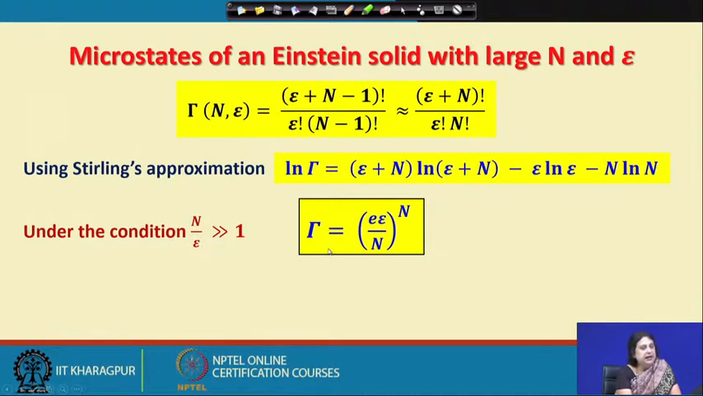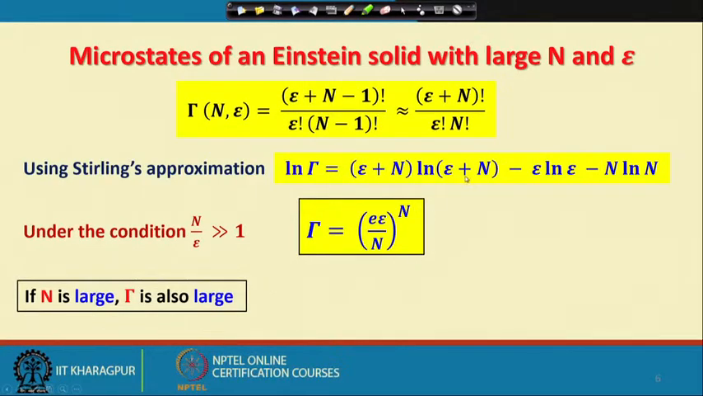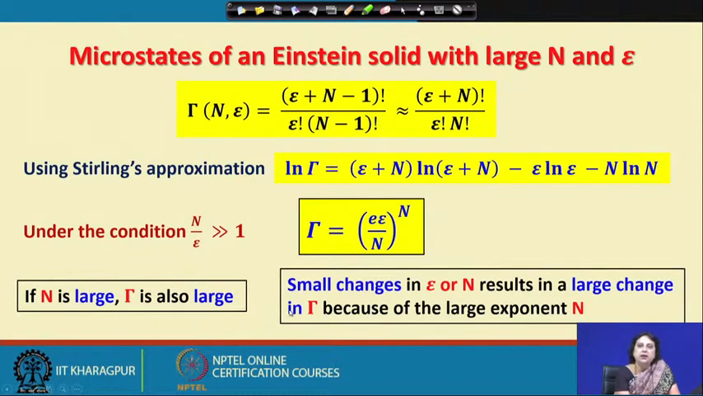In that case, this algebraic simplification is possible, and I leave it to you to work out how you arrive at it. Now, what does it tell us? It tells us that if capital N is large, in that case gamma is also large, and